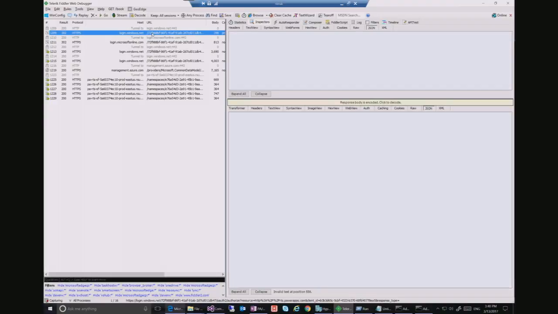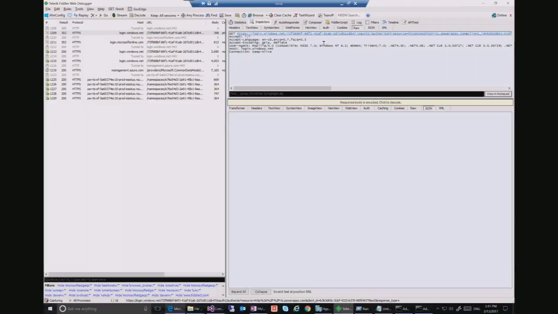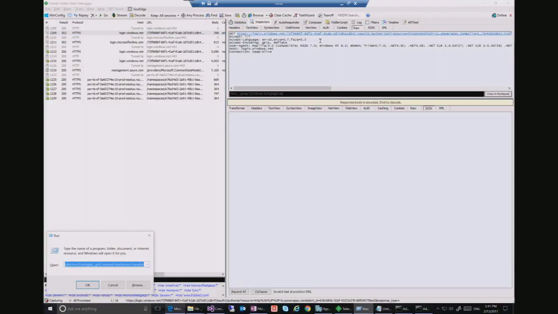Okay. So by the way, what's going on here is that we are showing Fiddler. Fiddler is sort of the man-in-the-middle thing that can monitor all the network traffic. And what Nima is doing is he's looking at that network traffic as it pertains to his little app that he was running at the same time.